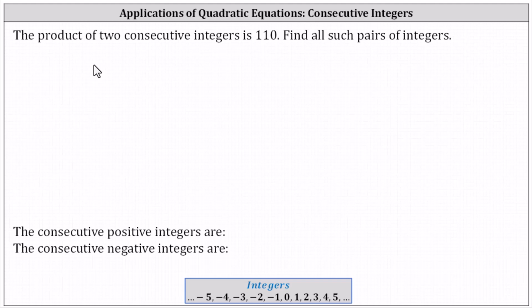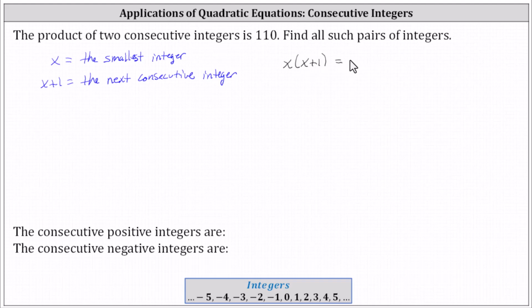So if we let x equal the smallest integer, the next consecutive integer would be x plus 1. From here we're told the product of the two consecutive integers is 110, which means x times the quantity x plus 1 must equal 110. Now we solve the equation for x. Once we determine x, this will give us the smallest integer. X plus 1 will give us the next consecutive integer, in which the product of these two integers will be